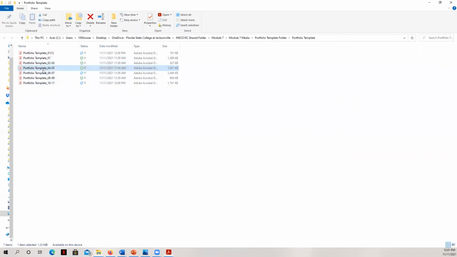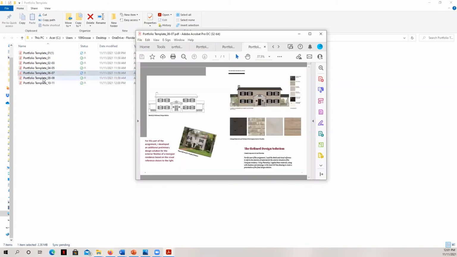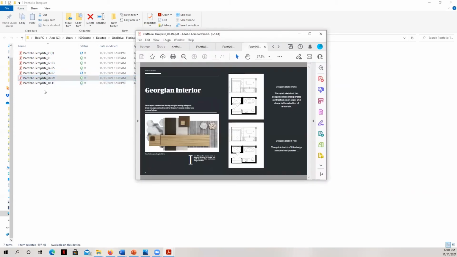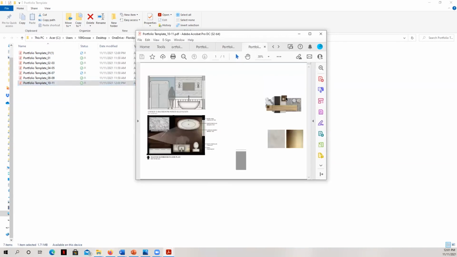And so what we have to do is just check, make sure everything looks the way we want it to look. So I go ahead and open them all, make sure that the image quality is good, make sure that I have all the pages. You can see this is going to be real slow to load, so I may have to go back and look at that and see what's going wrong with that.